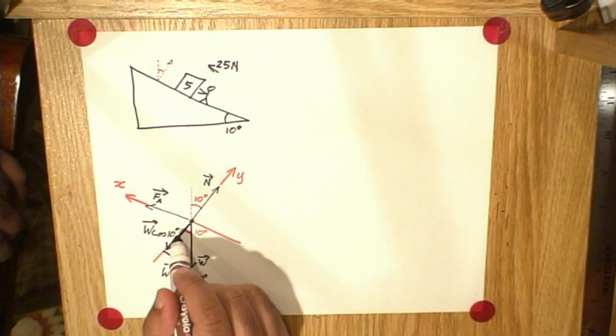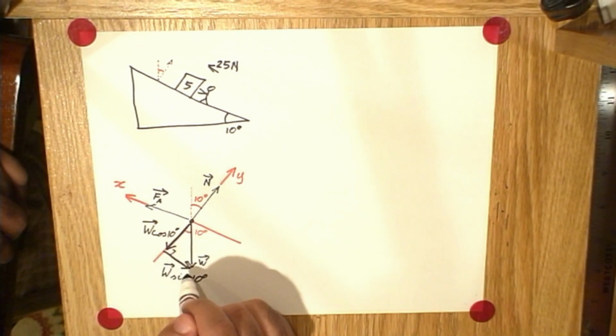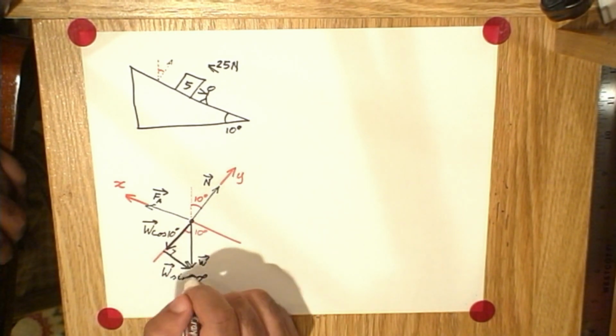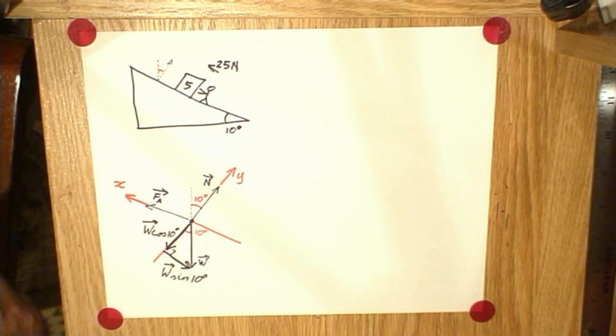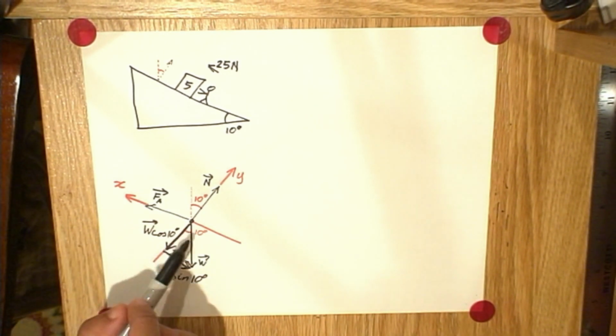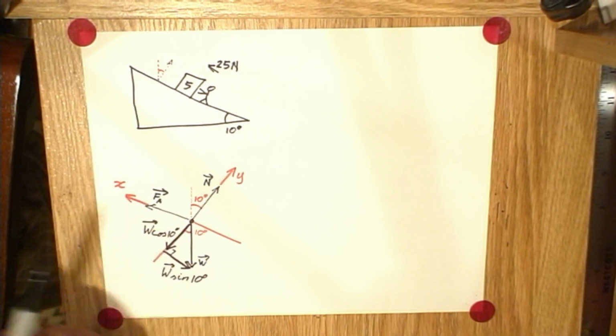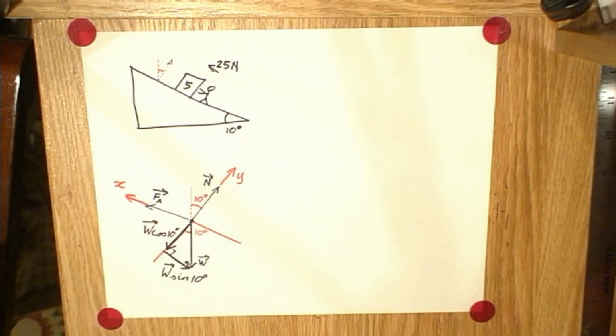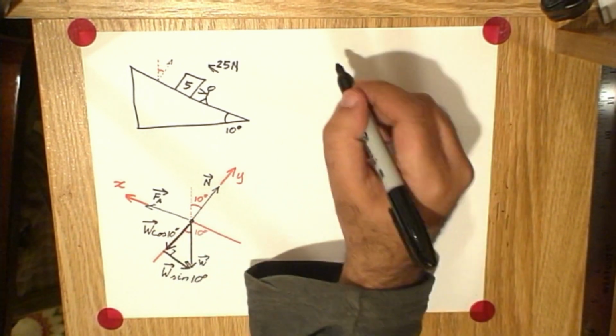And now we have broken the weight into its two components. Weight cos 10 degrees, which is pointing in the y direction, and weight sine 10 degrees, which is pointed in the x direction. We are now ready to calculate what is the overall force occurring in the x direction. In the interest of time, I'm not going to bother with the y direction. We're going to see that when we redo this question with friction. But in the x direction,